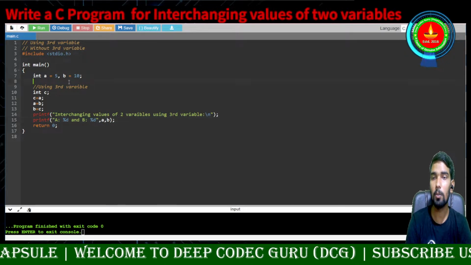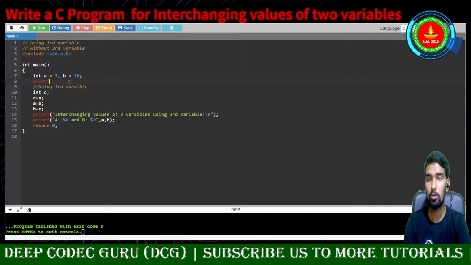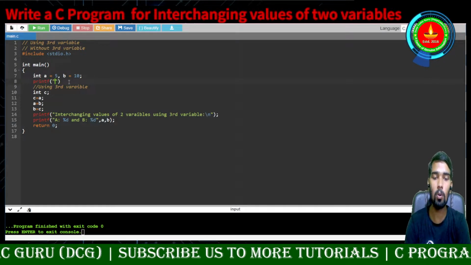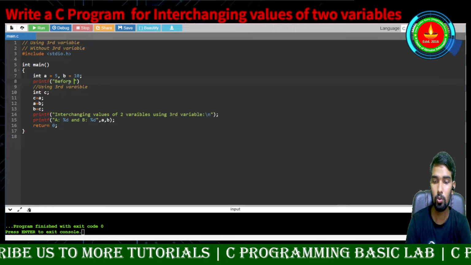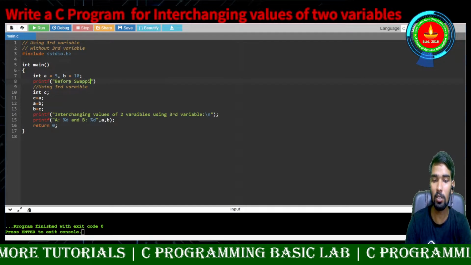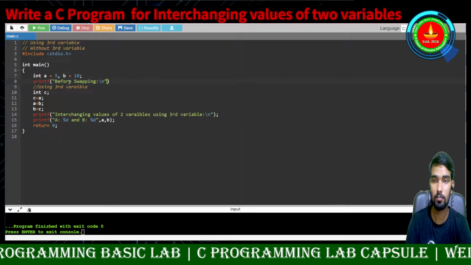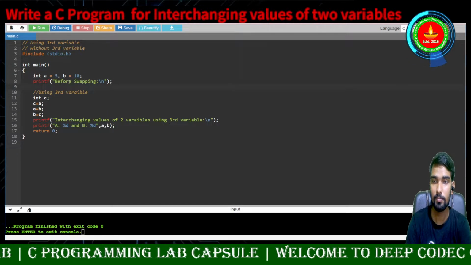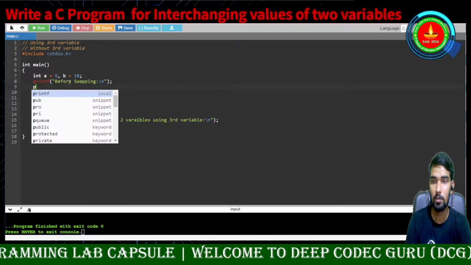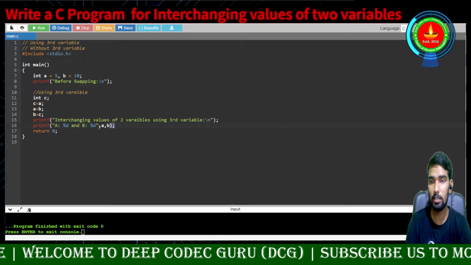So let me also print here what our values were before swapping. I am just making it more readable. Before swapping, interchanging and swapping are the same thing. Before swapping, what was the A value? Okay, we can use the same statement, this one.